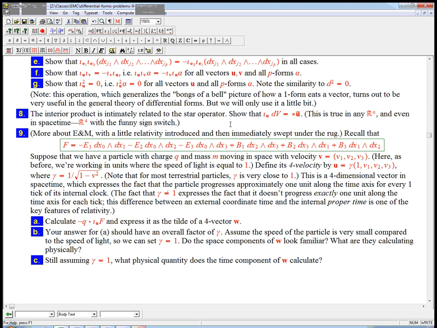I want to look just a little bit more at this general idea of the interior product. Not necessarily that we're going to use it for anything, but now that I've introduced it, I want to show you a little bit about it. So here's one very interesting thing about the interior product: if I've got a p-form, I can pair that with a vector, let's say e_k to start out with, and then that's going to be a (p-1)-form, and then I can knock it down another peg with another vector, maybe say e_i. Well, it turns out that if I do it in the opposite order,